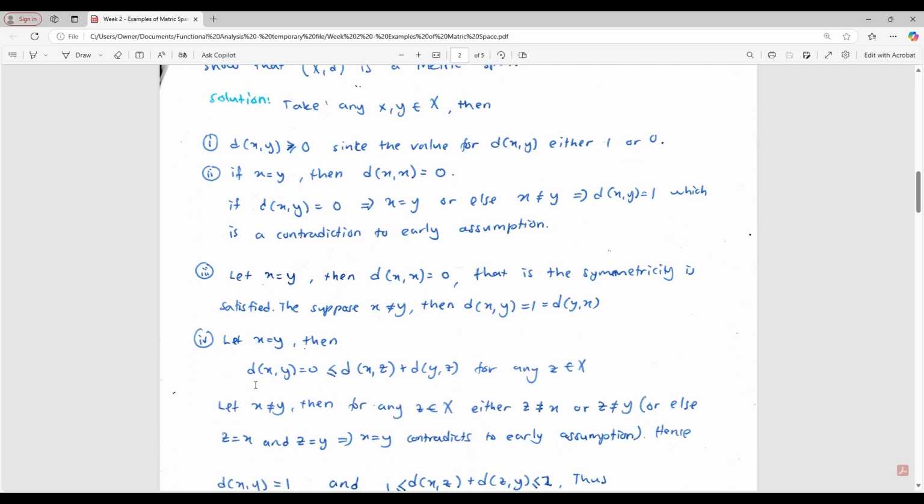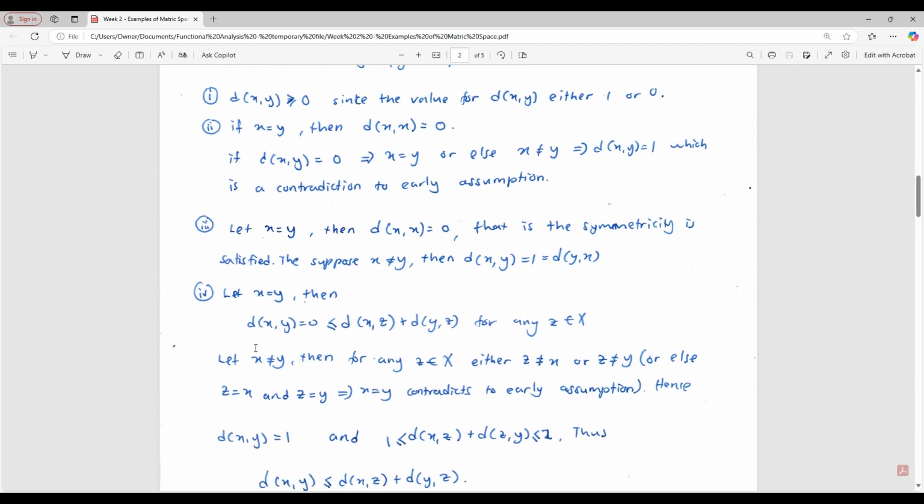So the last one is the triangle inequality. In the triangle inequality here, I also divide into two cases. The first case, when we have x equal to y. So when x equal to y, then of course the distance between them must be equal to 0, which is true for